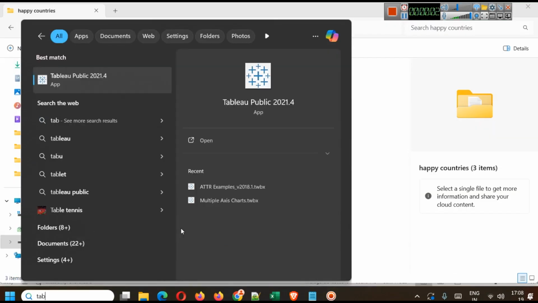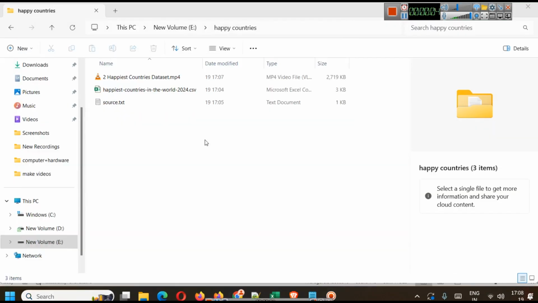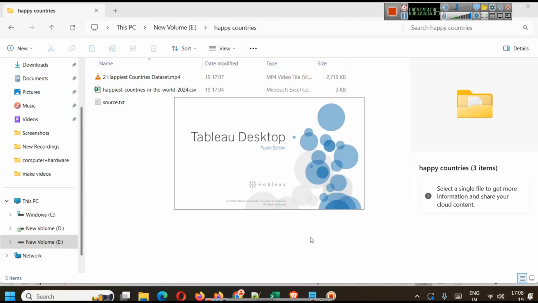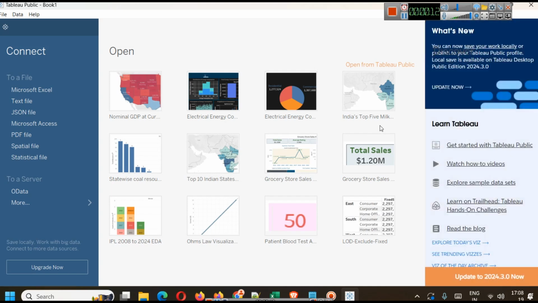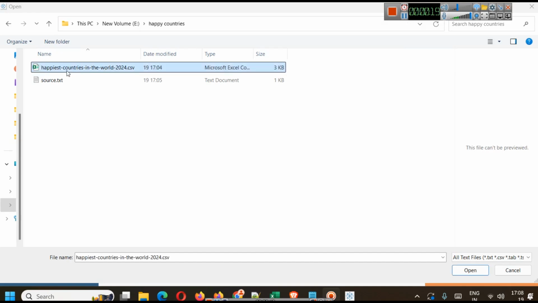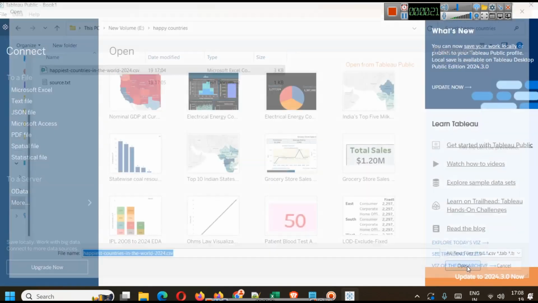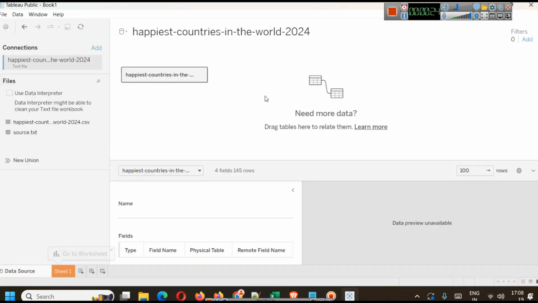To analyze the data, we will open Tableau Public. In my case, I am using Tableau Public 2021 edition. Obviously, you might have a different edition than this. And the file is a CSV file, so in Tableau, we will use the text connector. When we click on text connector, it will bring us the CSV file, and we will simply load the CSV